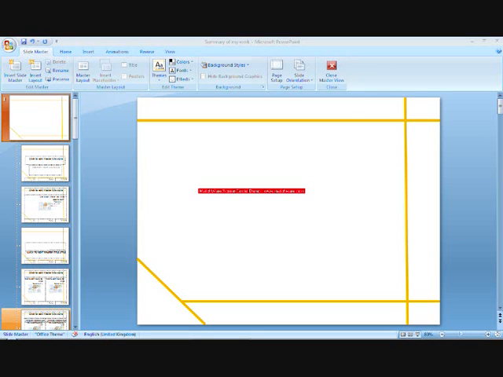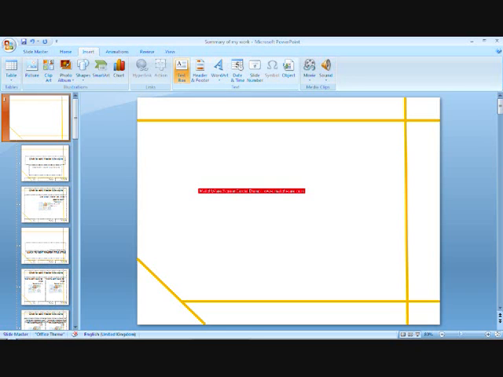Then step 49, he says include an automated slide number in the bottom right of the footer of the master slide. Make sure that it doesn't overlap any of the lines added in step 48. Now to insert a slide number we have to insert first a text box. So from insert menu,